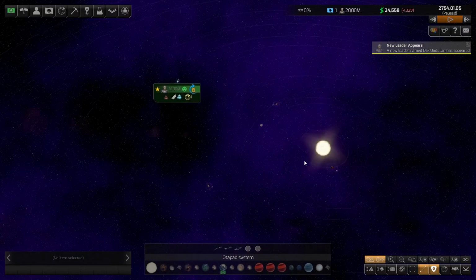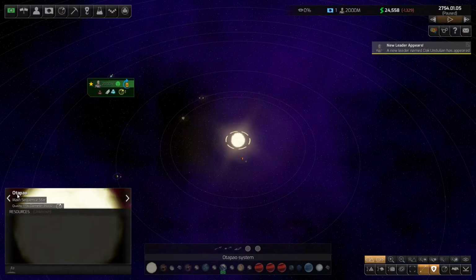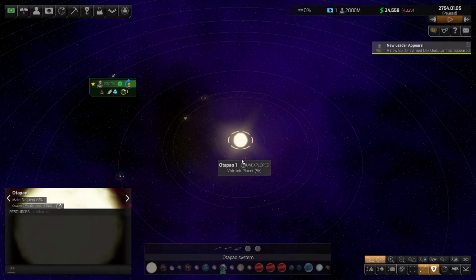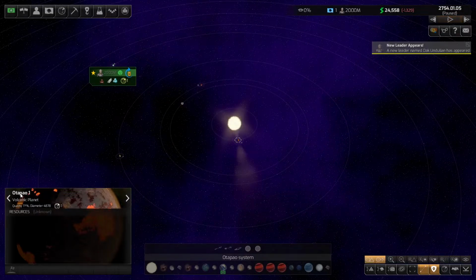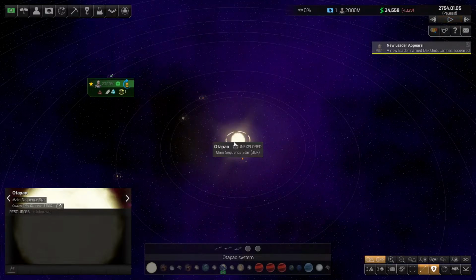We can change the name of our star, unfortunately. So we're going to be in Otapa, or I'm going to call it Otapa. I don't know if that's how you actually pronounce it, but that's how I'm going to do it. So Otapa system. I don't know if there is a way to change your home star, maybe, but I have